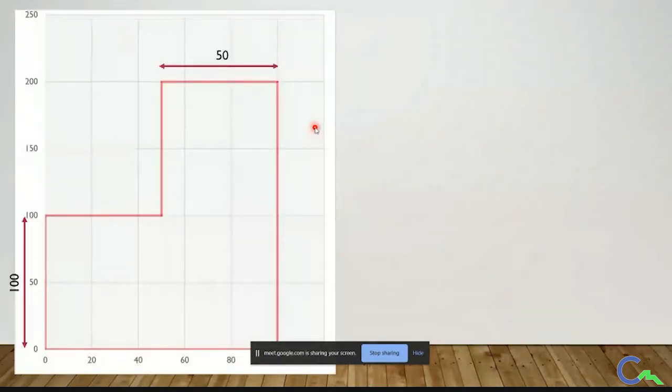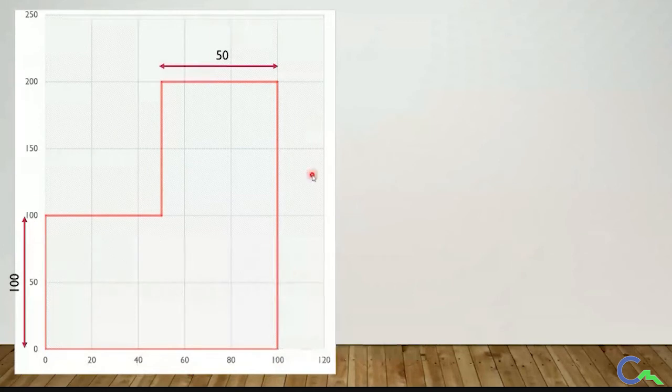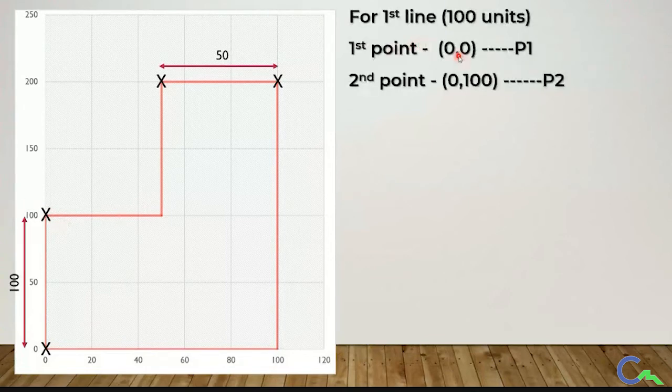So this was the diagram which we had done in the last class, and also in the present session. If I have to draw this dimension, this 100, right? What are the points? We have 0 comma 0 as well as 0 comma 100. That means the first point will be 0 comma 0, and the second point will be 0 comma 100. So this is the first line which we'll be seeing in the y direction. So I have to draw the dimension, right? The first point I can get, the second point I can get.